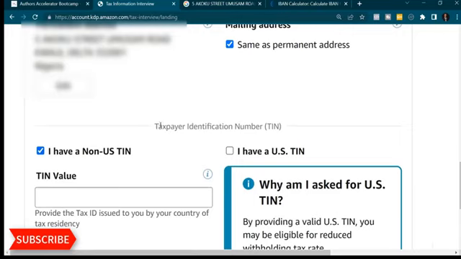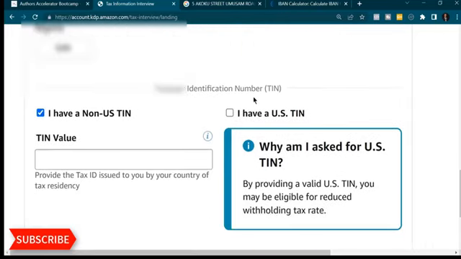All right. Now, this part asks for the tax identification number. You have two options here. The first option is I have a non-US TIN. The second option is I have a US TIN. Now, if you remember in the list of requirements I asked you to provide, in brackets I wrote for international clients or international citizens. So this is the point where you ask your client or your author to provide you